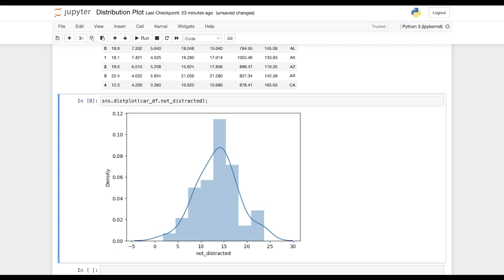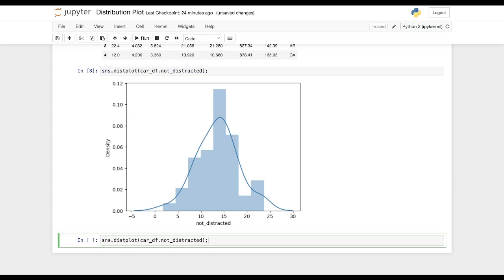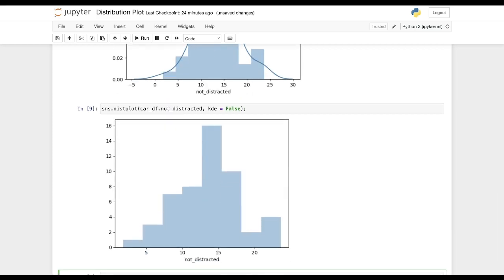Now the blue line that you are seeing on top of your histogram, the bars, the bins are actually representing your histogram, and the blue line that you are seeing on top of that is what you call as your KDE plot, that is your kernel density estimation. Now if you just want to take a look at your histogram and you don't want this kernel density estimation plot, you can just switch it off. And to do so, you are just going to say here kde is equal to False. Let's run that, and as you can see, that particular line has now been removed.